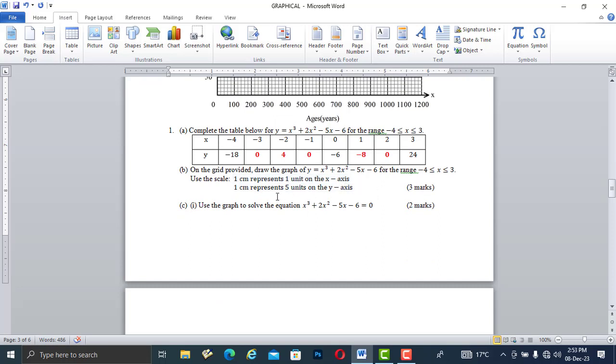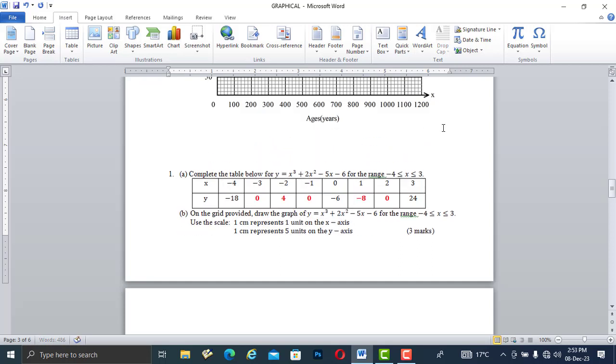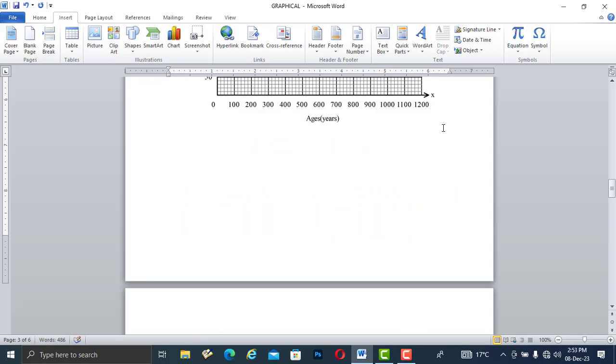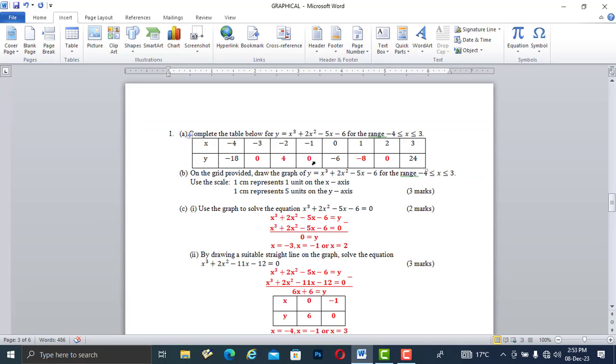Kuna maswali mengine watakupea scale na mengine watakupea scale. So your task, you will fill that table. Table kufill sio kazi ya hii system, ni yako na calculator. So you will fill the table. After filling that table, you check